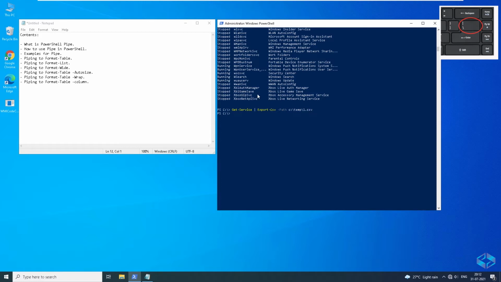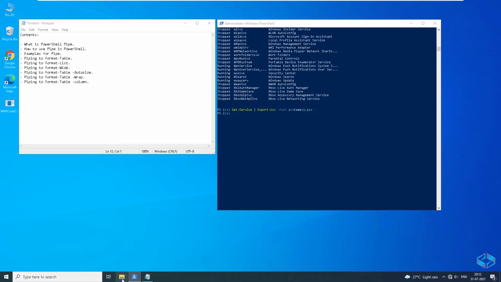As you can see, it is not listing anything here. It just executes the first command and passes the result to the right side. The second command, Export-CSV, exports the output from the previous command to an output file called C:\temp\1.csv.